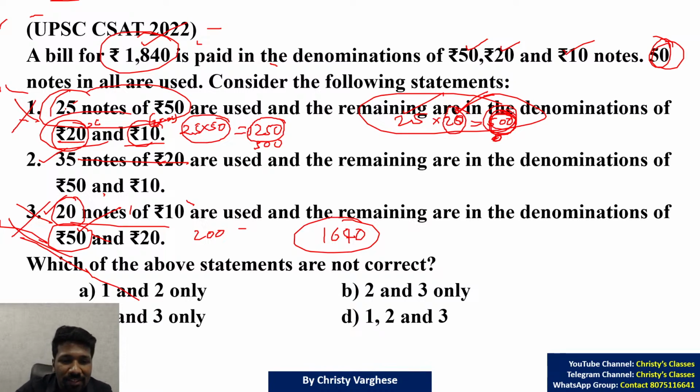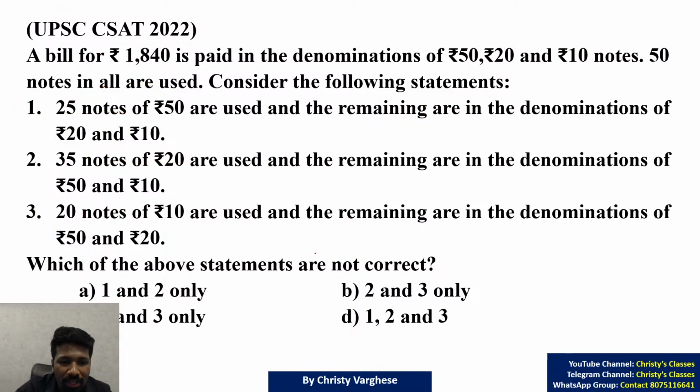When you find that the first statement is wrong, and which of the following are not correct is asked, the first one is clearly not correct. So the second and third only is wrong, because the first is clearly not correct. Now if the second is not correct, then first and second only not correct is possible. First and third only will not be correct because we understood already that first and second is not correct.